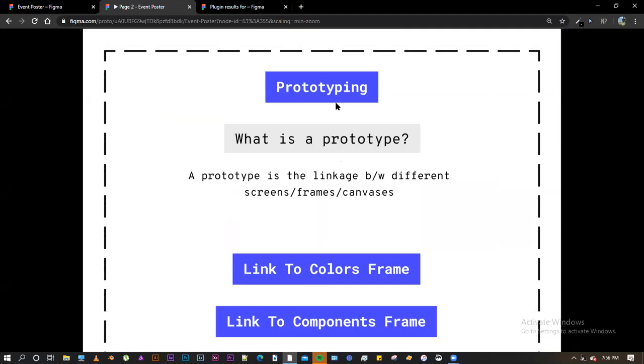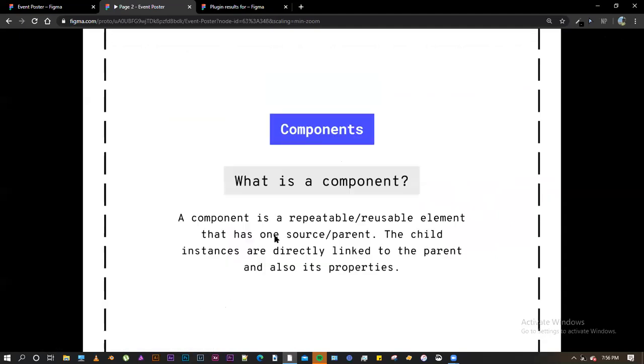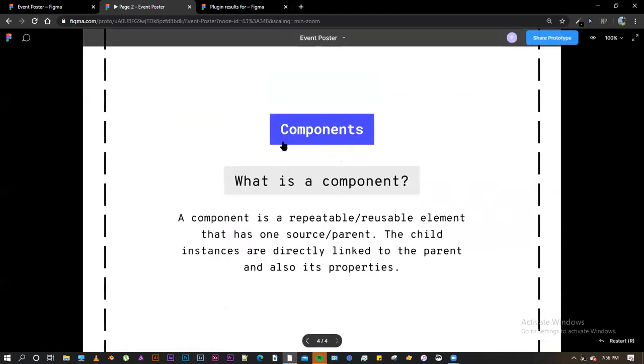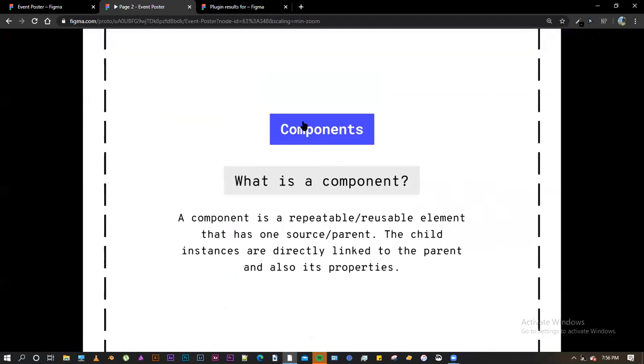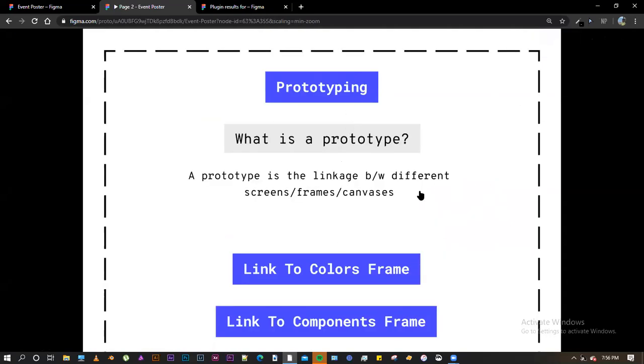So basically in prototyping, what you click on is the source, and where it gets taken to is the target. So if I click on the source, it would take me to this components page. And if I click on this components, which I have created a source and target link for before, it would lead me back to the prototyping page.